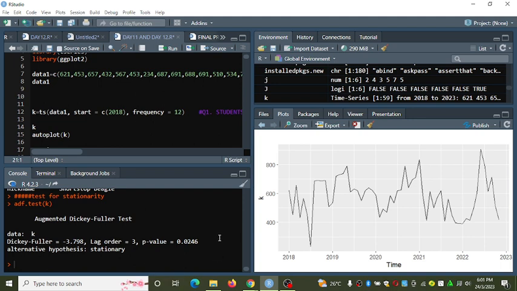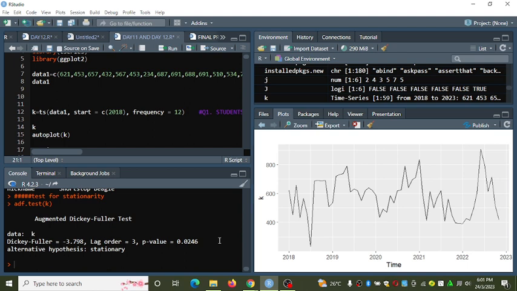But now, what do you consider to conclude that your data is either stationary or not? Today we are purely in statistics. In any test that you perform, you must have the null and the alternative hypothesis.